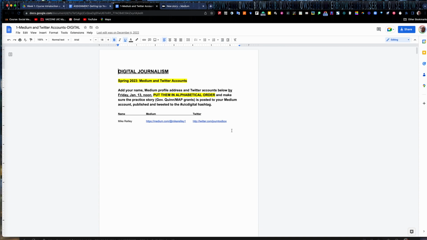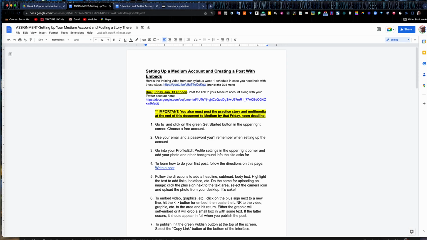And we're using Twitter again this semester. We'll eventually be using Post.News, and we'll be adding those in a little later in the semester and in future classes. So make sure you put your name in alphabetical order, but that link is always right at the top of the assignment sheet. Once you get Medium and Twitter, or Medium and Post.News, or whatever we're using that semester, set up,